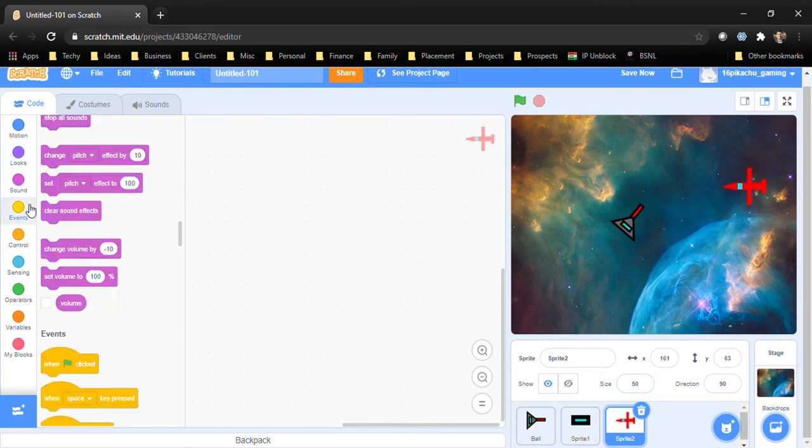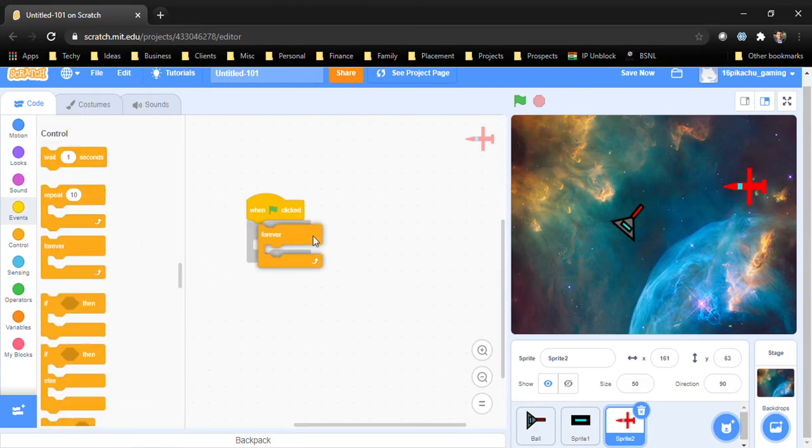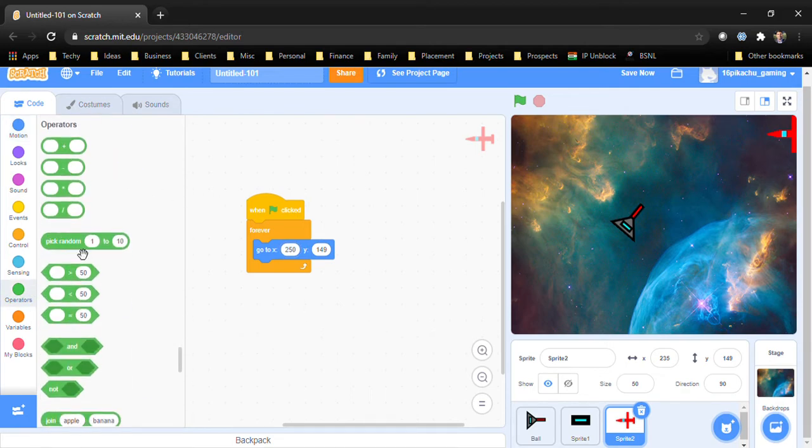So now we will say: when flag is clicked, forever, go to X 250 and Y pick random from